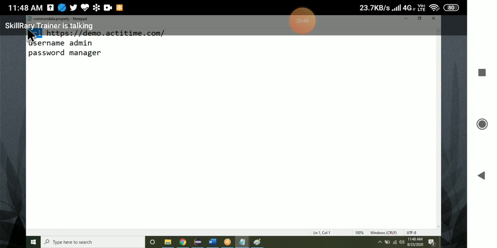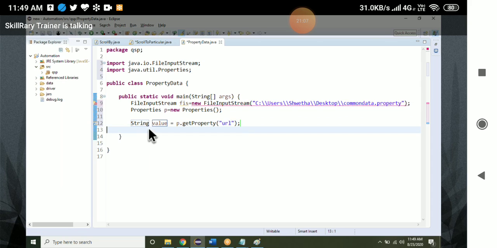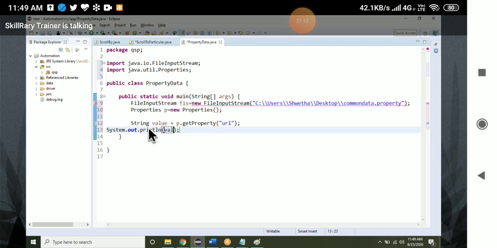If I pass URL, it will give me the value, http://www.demo.com, returned as a string. If I print this with syso, it will print http://www.demo.com.